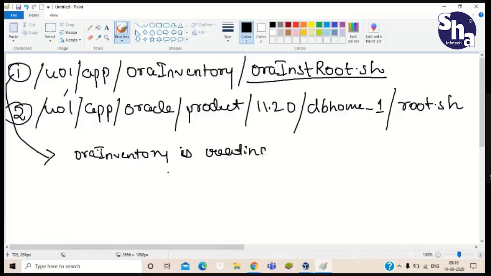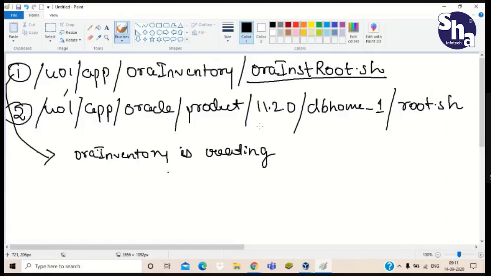Previously we have seen in the same process, I've told you what Aura inventory is, which keeps all Oracle software information and products as well as Oracle home. Remember? Yes, sir. So that Aura inventory is keeping the information. So for that we have to create that Aura inventory location.